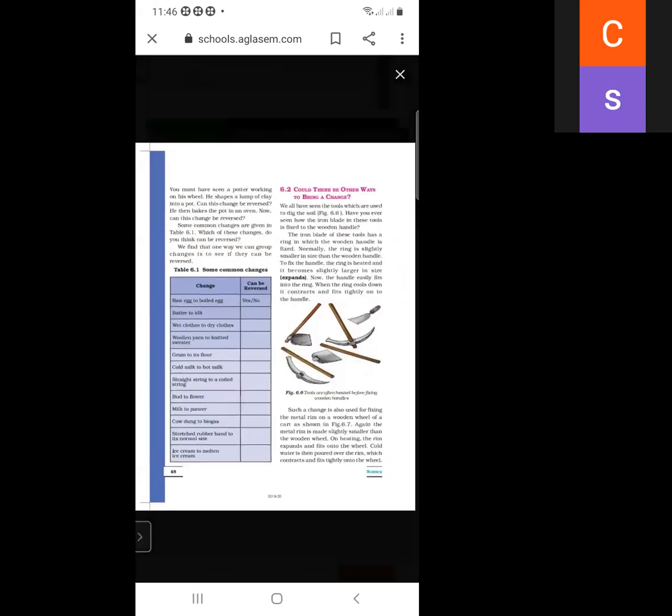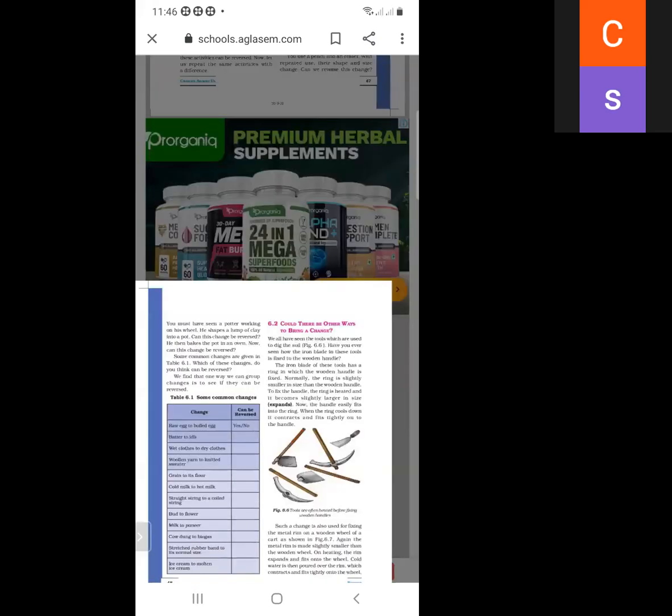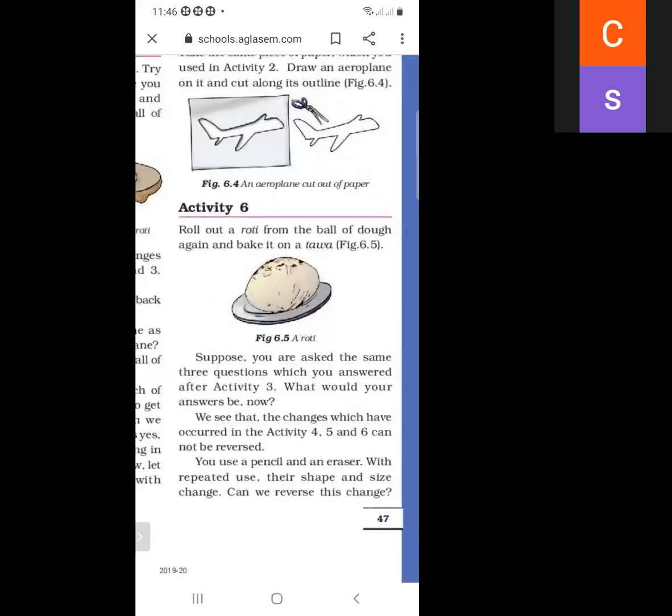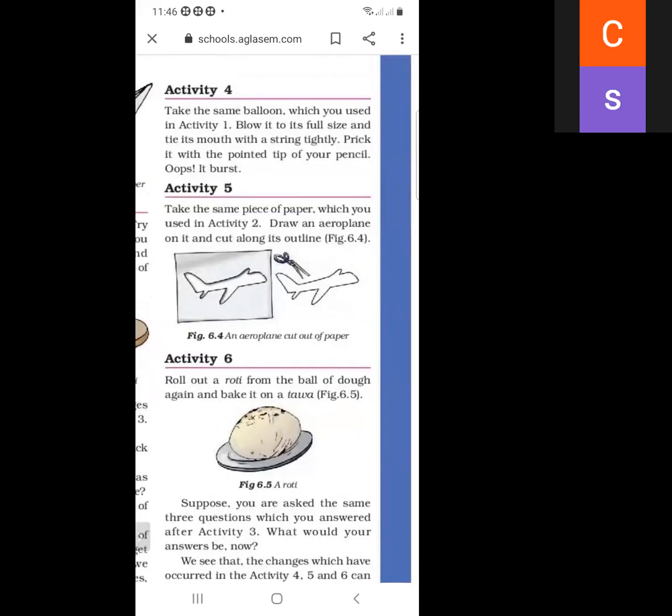So again, I am repeating activity 4, activity 5, and activity 6. Firstly, we will take the same balloon which we used in activity 1, and then we will blow it to full size and tie its mouth with the string.